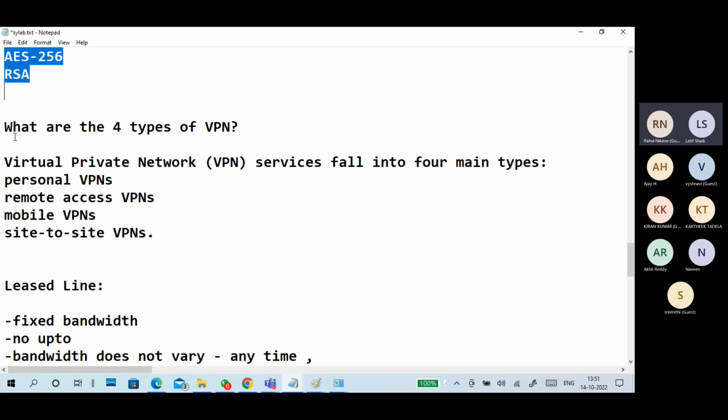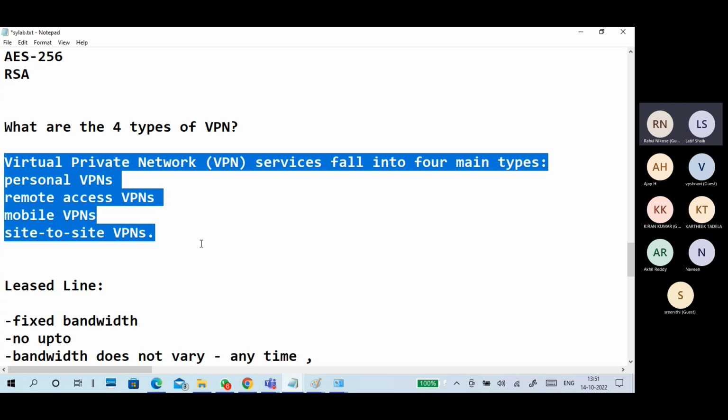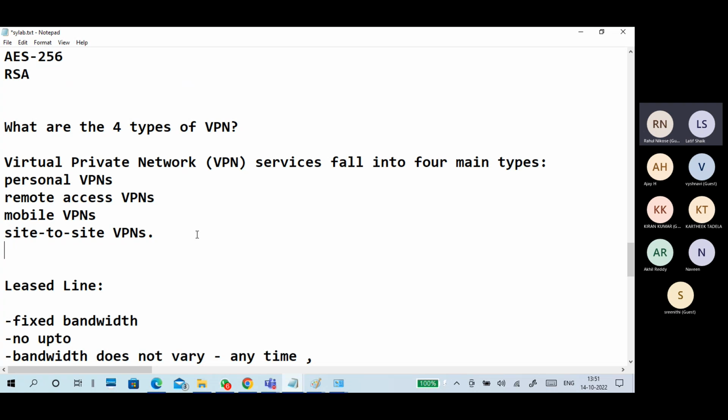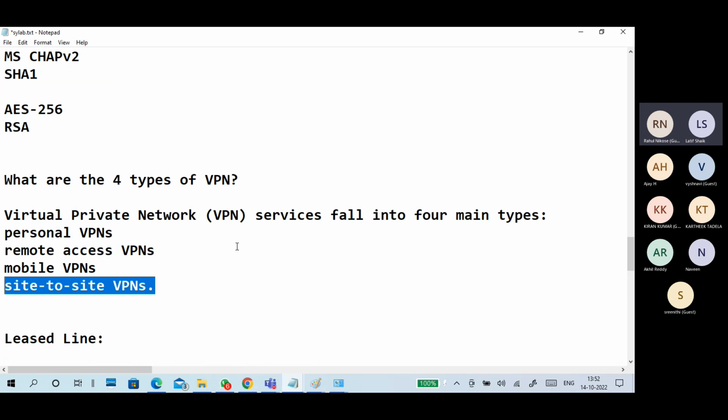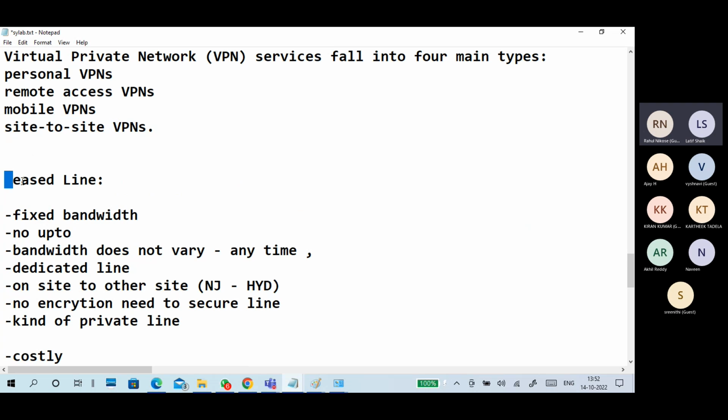There are different types of VPNs. First of all, the important ones are remote access and site-to-site. Normally people use leased lines. Instead of leased lines, we can use VPNs for more flexibility, because VPNs work over the regular internet connection.